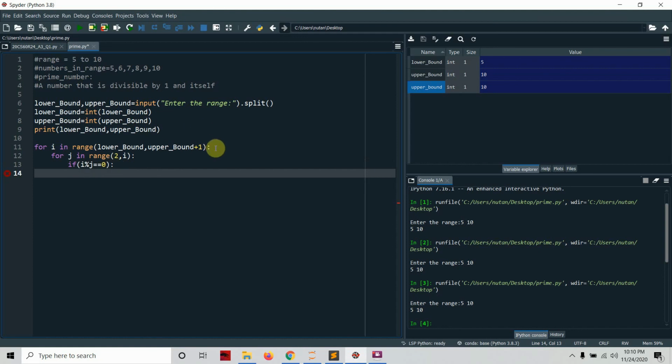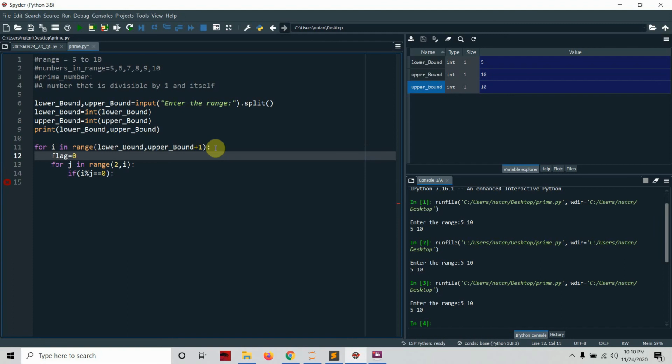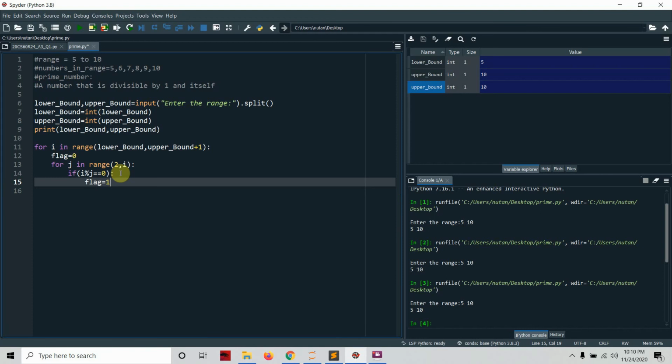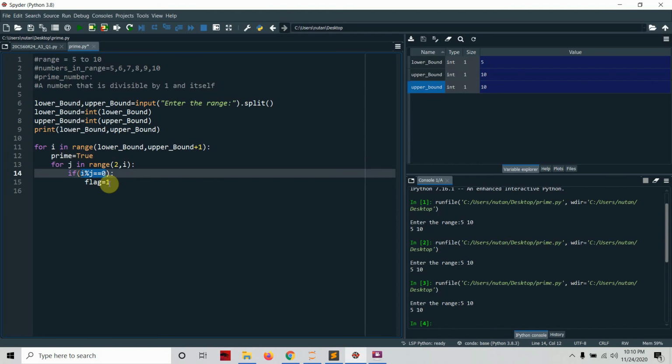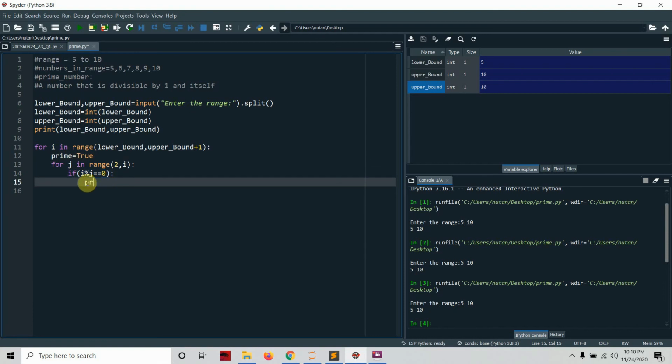We'll set a flag 0 here and we'll set flag as 1 here, but we can also use some meaningful variables, like let's say I'm writing prime. Prime is a boolean variable and its value is True. Initially we assume that all the numbers are prime, but while checking this condition, if it is divisible by any other number, then we say that the number is not prime, so prime is assigned False,